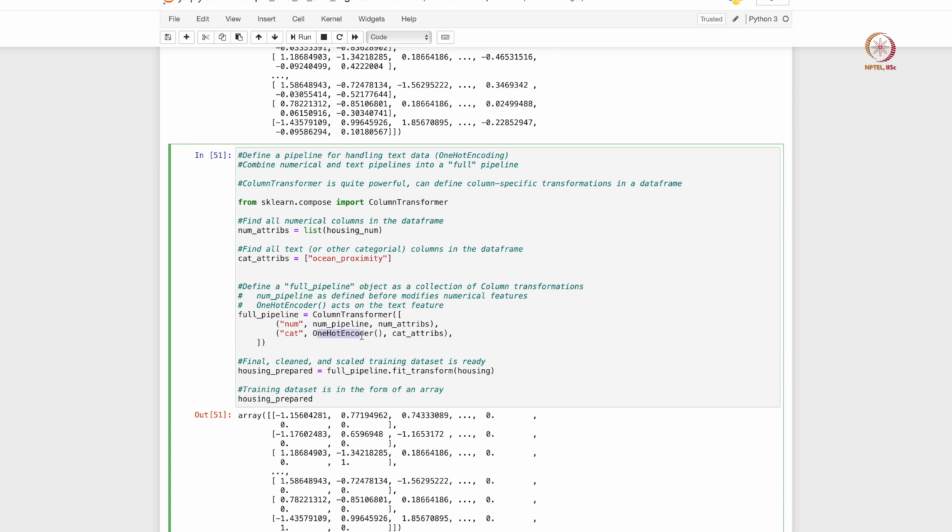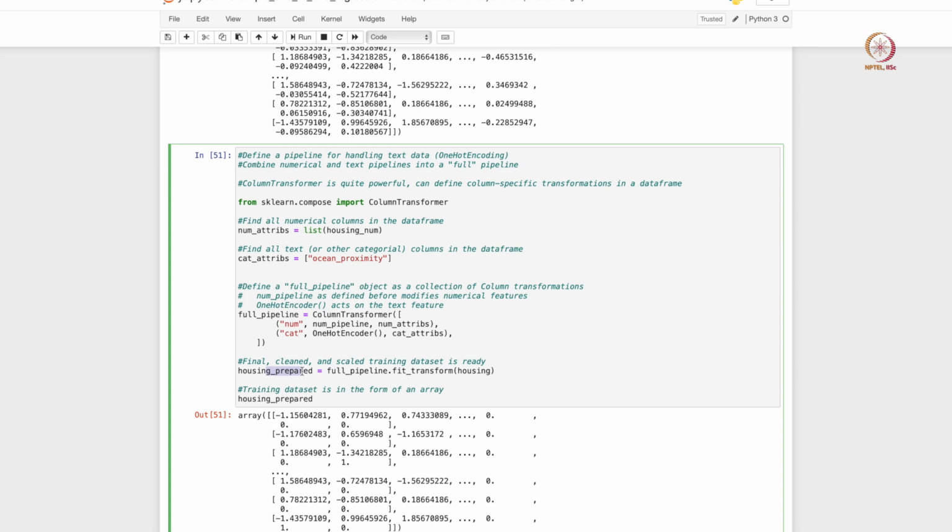So I have combined both the pipelines into a single full pipeline, and I have created an instance of this pipeline class. Once I have created an instance of the pipeline class, I once again call this fit transform function. Fit transform is quite common whenever you are preparing data. You would almost always have functions that have fit underscore transform, or fit and transform as two different functions. So you once again call the fit transform function on your original data set, and it's going to give you your fully prepared data set that is now ready for machine learning.